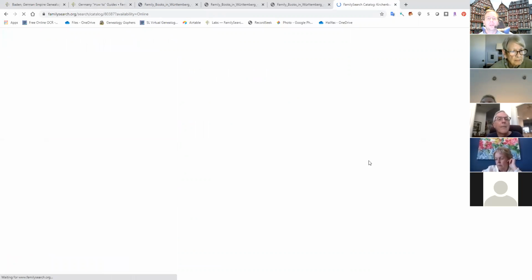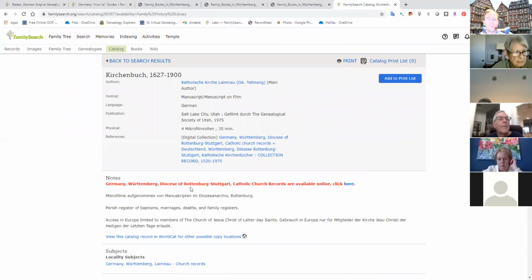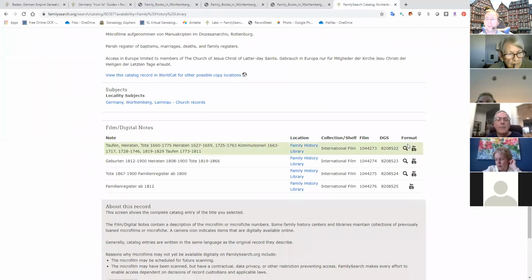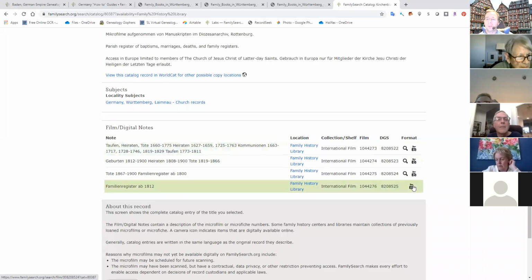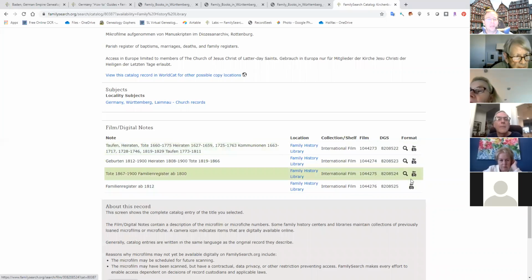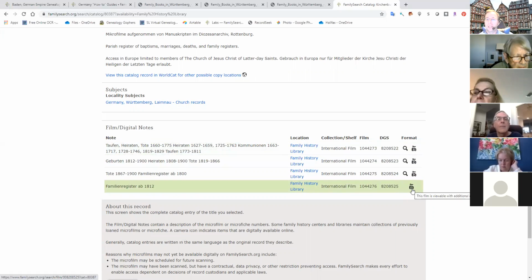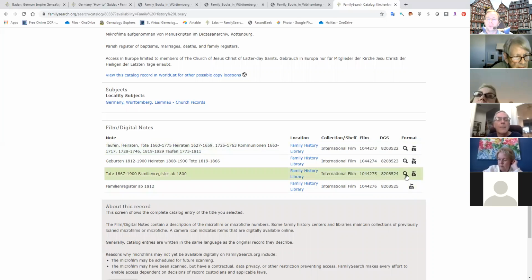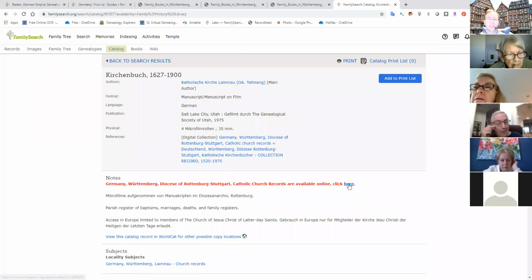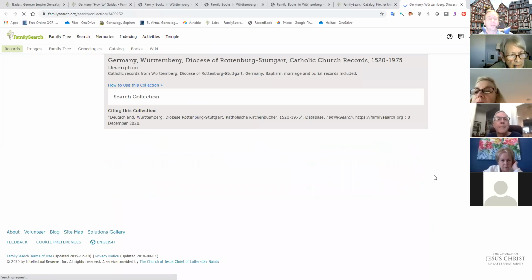And you see here, available online, click here. So you can see that all of these have been digitized, but these are restricted. You have to see these in a family history affiliate or a family history center. You may be able to see them downtown at the family history library, but you can search them this way. And let's just see if they're going to allow me to